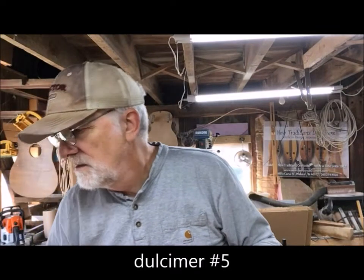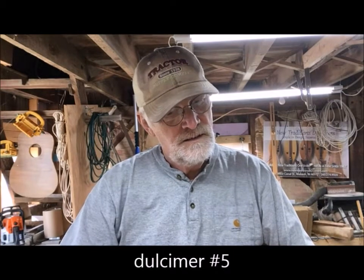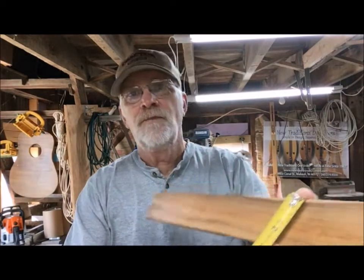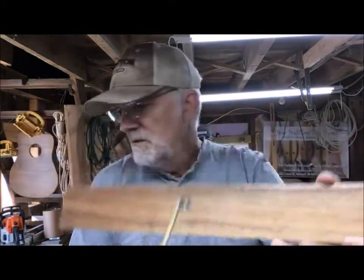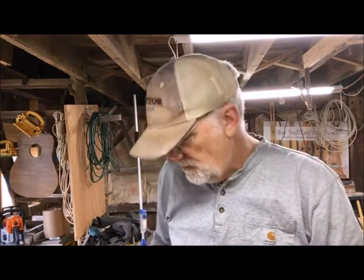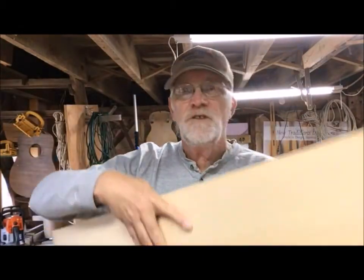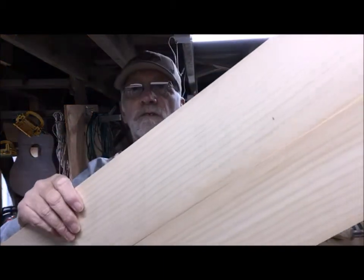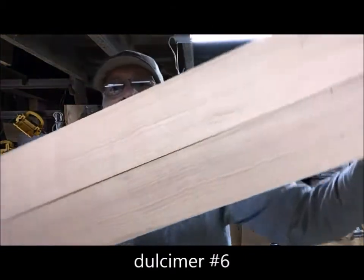Again, now these sides will be 2 1/4 on the koa. So again, it's going to be a deep-bodied instrument. We like to call them full-figured. And teardrop or hourglass, depending on what I come up with. And again, the spruce or the Port Orford cedar will be a straight grain Port Orford cedar on these koa instruments. This would be Dulcimer number 6, cherry,